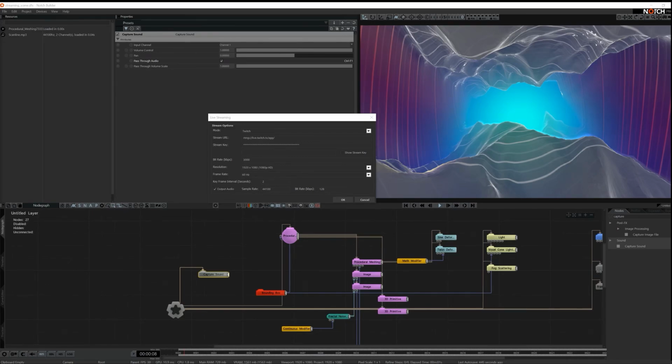Next, we can select the resolution and frame rate. It's important to note that Notch will override and hard set the resolution and frame rate that we choose here. So you want to make sure that when you're setting your project up, it looks good at this 16:9 aspect ratio, but also that you can actually achieve this frame rate performance-wise. If you're only rendering at 10 FPS when you usually run it, this isn't going to fly.